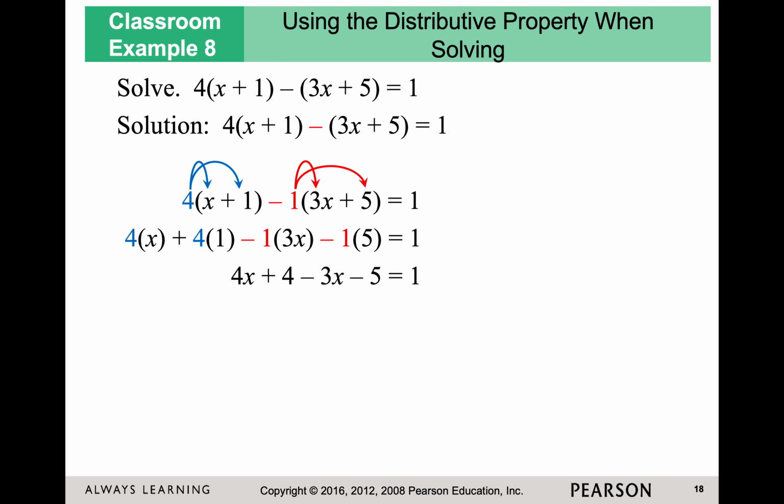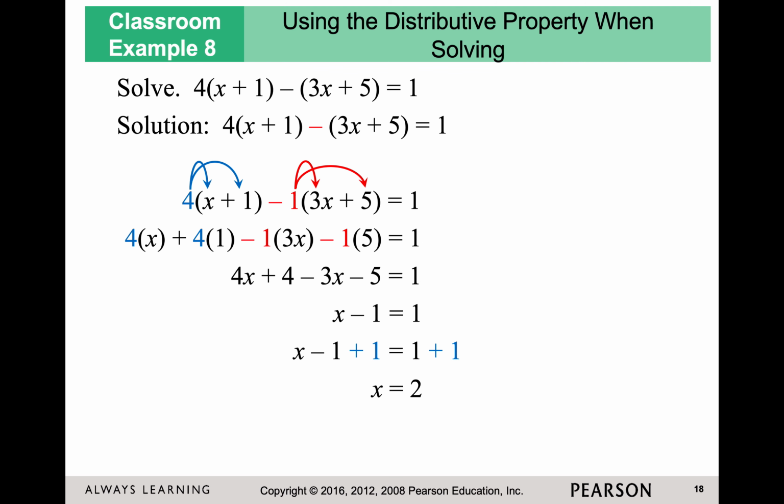I'm going to simplify the multiplication, and then I'm going to work on combining like terms. I have 4x's minus 3, which is just 1, and then I have plus 4 minus 5, which would be minus 1. I want to get x alone, so I add 1 to both sides, and I get x equals